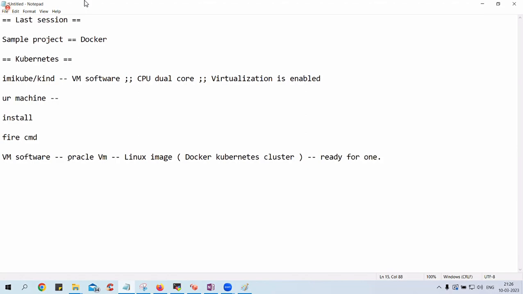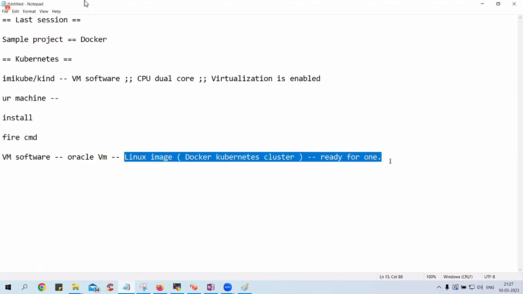It is something like, instead of making every arrangement and cooking biryani, we just order it and everything is ready. Here also, you just install Minikube and fire the command, and it takes care of everything from there. It takes around 15 to 20 minutes. It will set up the image, automatically install Docker, then Kubernetes, then create a cluster, and finally tell you that everything is ready. Shall we proceed, guys? This is a broad understanding.